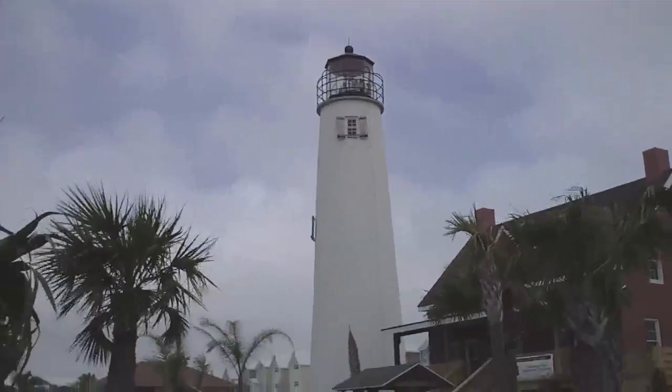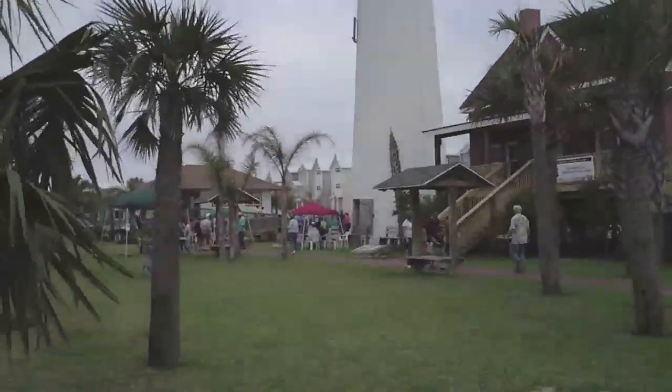You know, it was just 4.5 years ago, almost 4.5 years ago to this month, that this lighthouse fell into the Gulf of Mexico, and now this incredible group of volunteers, and a lot of you were part of this group, salvaged that lighthouse and have re-erected it here on St. George Island. Yeah, I got lots of people climbing the lighthouse today, lots of people milling around,